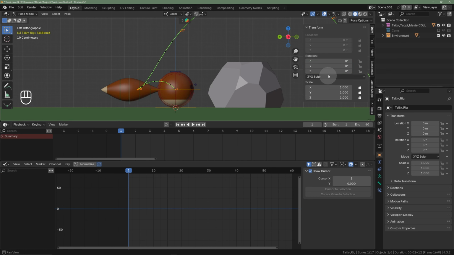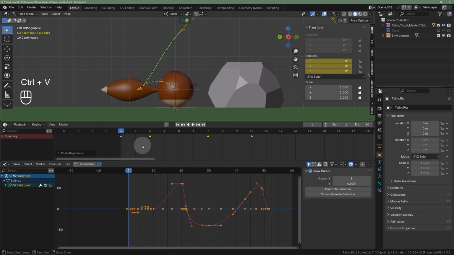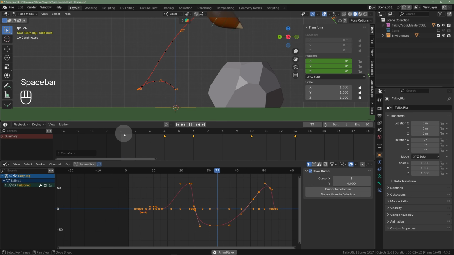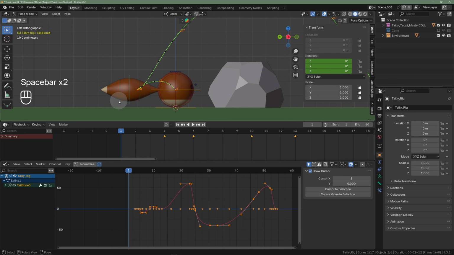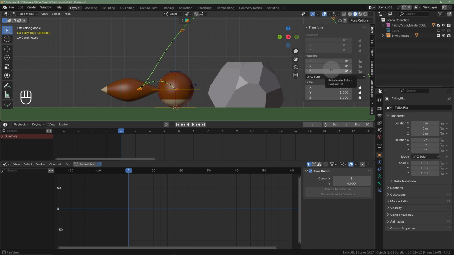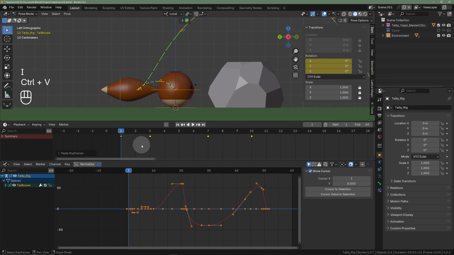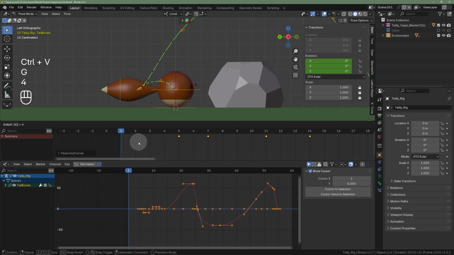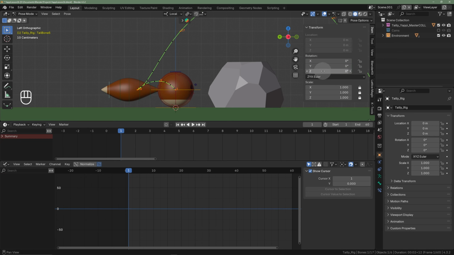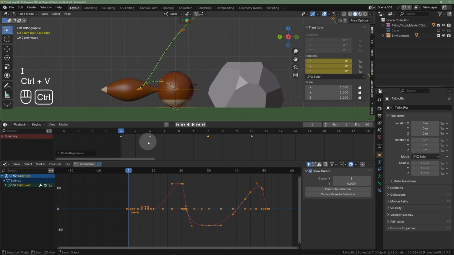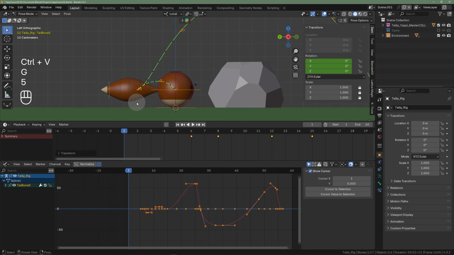So I'll come here, press I, and then paste Control V, and then move it G3. All right, no problems. We'll fix them. I for rotation again, Control V to paste. Now G4. Okay, so I'm literally offsetting. Let me do the last one. I, Control V, G5. So if I select all the tailbones now,